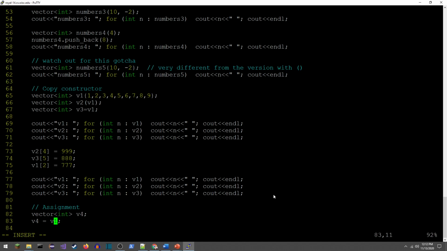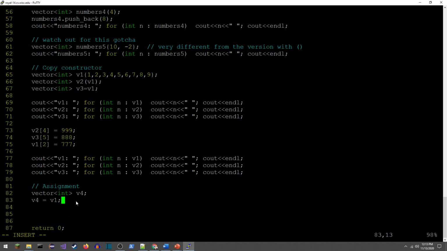This is the assignment operator right here. This one here actually gets turned into this one by the compiler as it's being created. So this is the copy constructor version. And the only difference is that I'm declaring the variable here on the same line as this one. I'm declaring it first, and then I'm going to be doing some assignment. So let's go ahead and see what happens when we do this. I've got that. Let me just print out